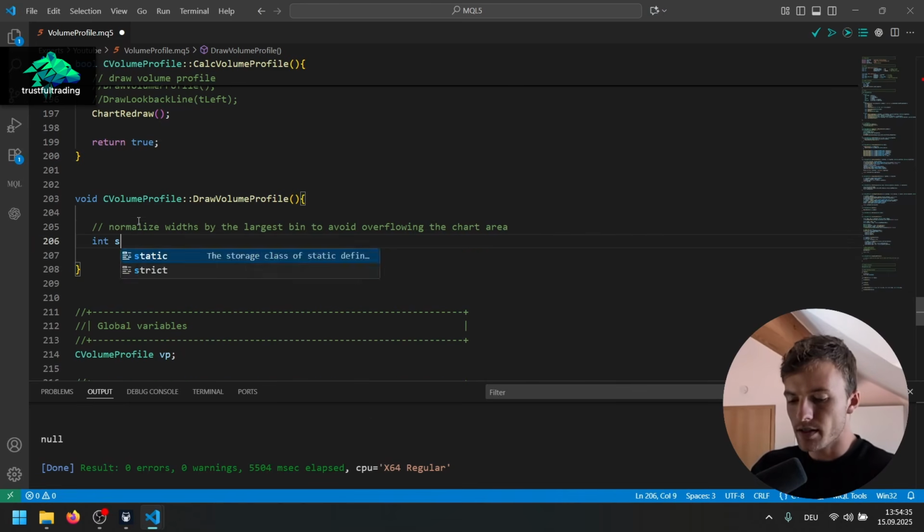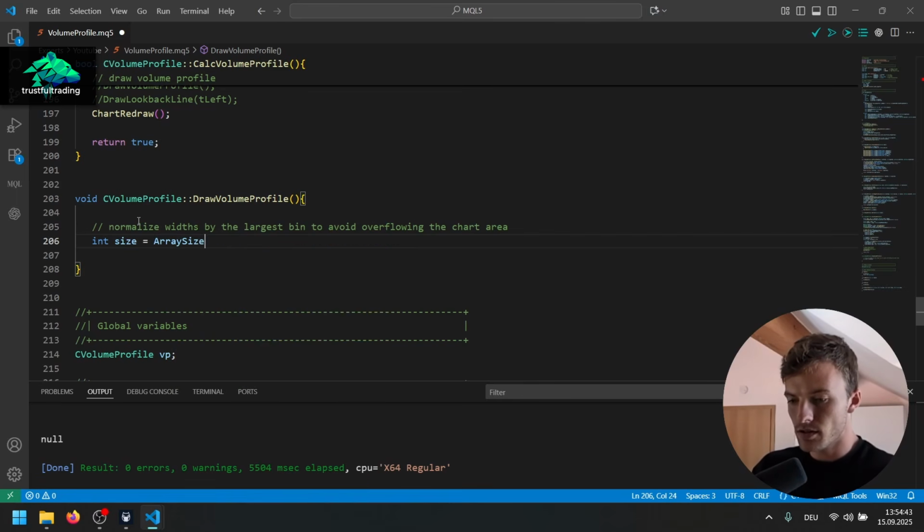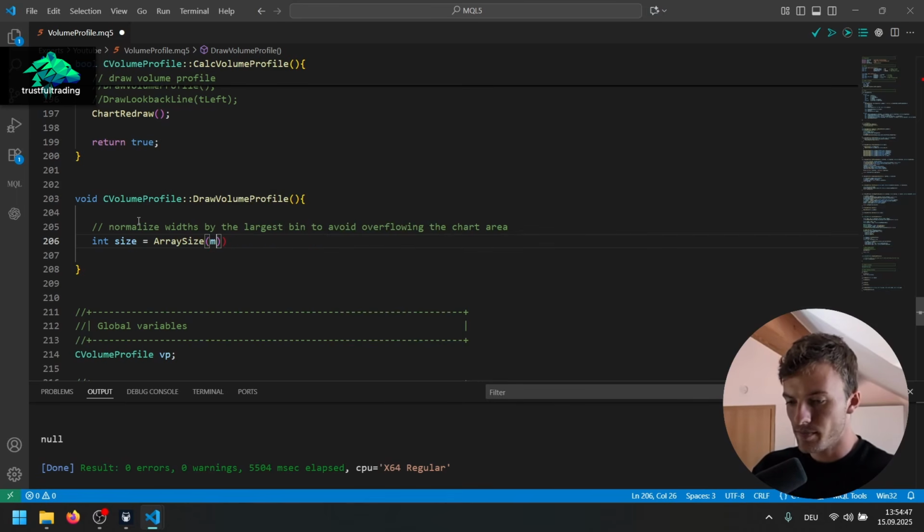So we just get the size of our m_bars array. So array size m_bars,